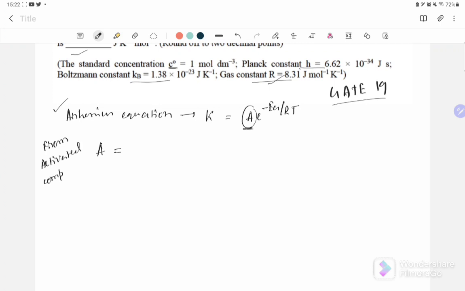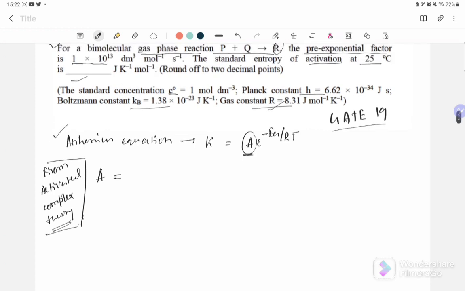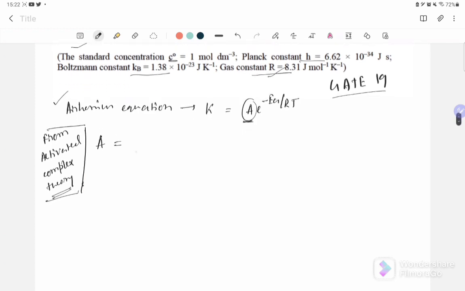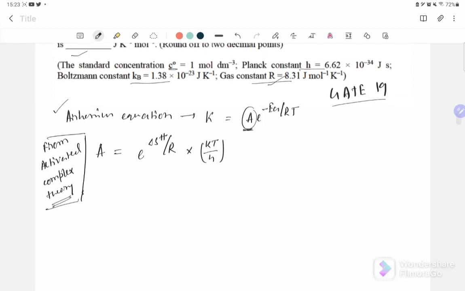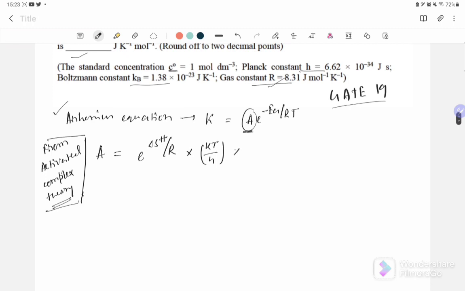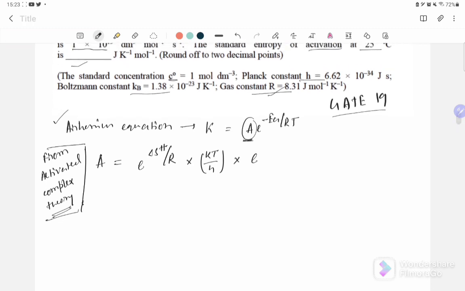Okay, so A will be e to the power del S activation by R, into kT by h, where k is the Boltzmann constant, into e to the power